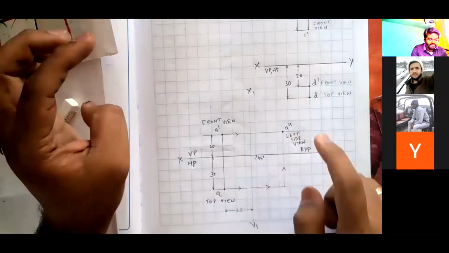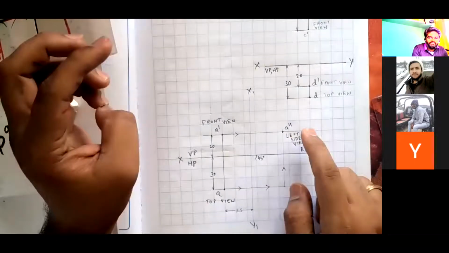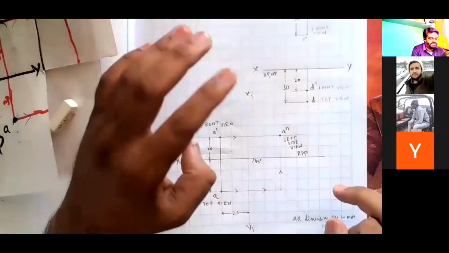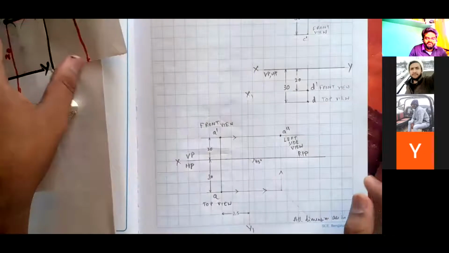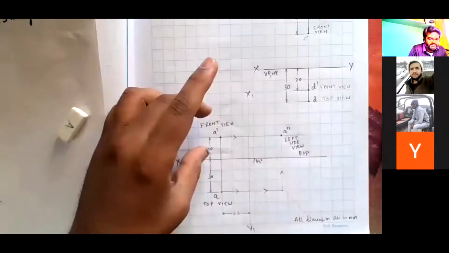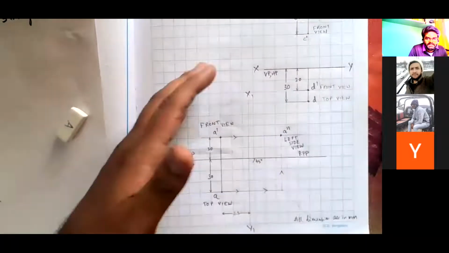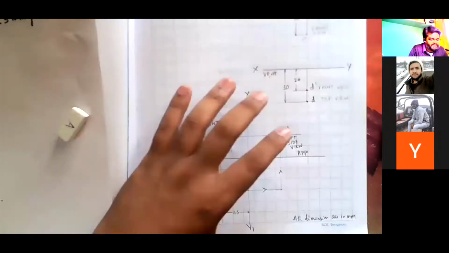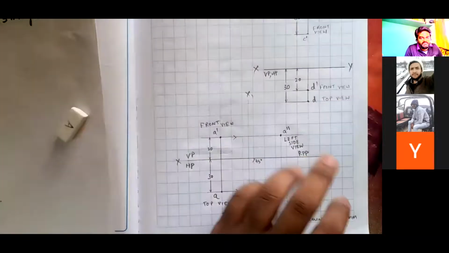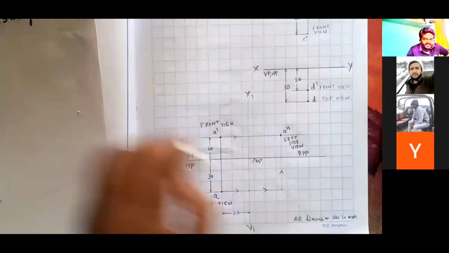That is the location of the left side view of the point called A, and you are supposed to represent this particular view, which is obviously in the first quadrant, the side view. It may be asked with respect to the left side view also. Same conditions, it may be 20, can be 30, for 30 can be 40 here. Any dimensions that are given, you need to imagine the three-dimensional view, represent VP, HP, and RPP, and then start and complete the problem with respect to the same conditions given